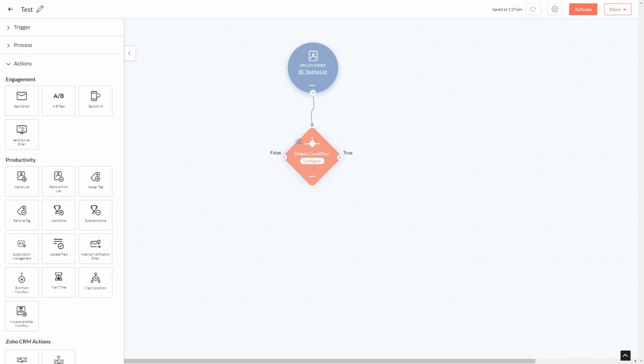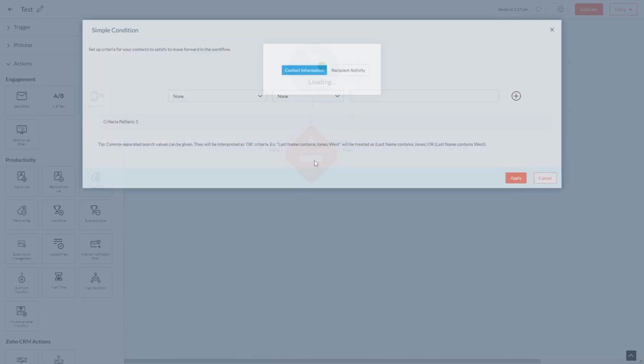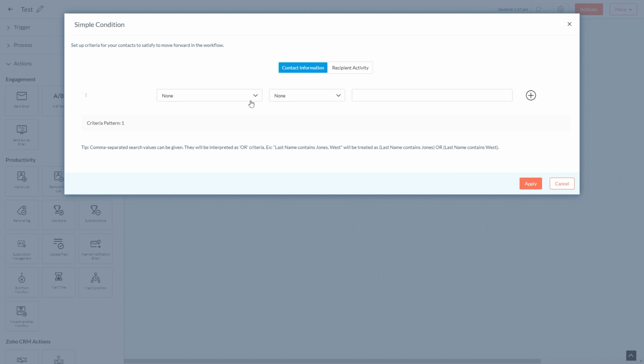So this is just a true or false, and we'll click Configure. Now we can set here another criteria. So any field in our contact, and we can set what the operator is and whatever condition we want to set. So for us, we're going to use email,